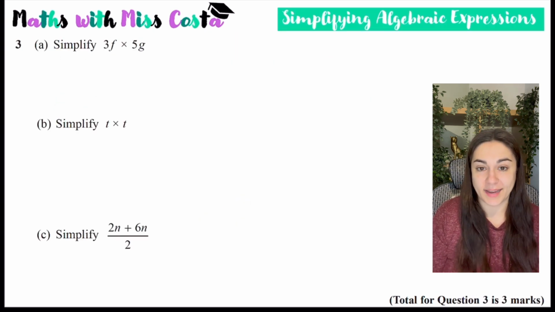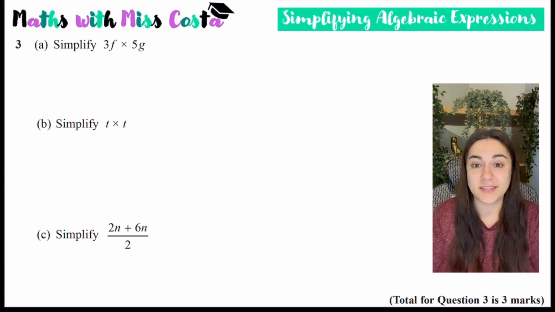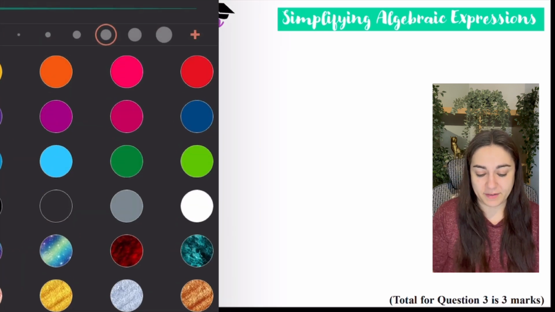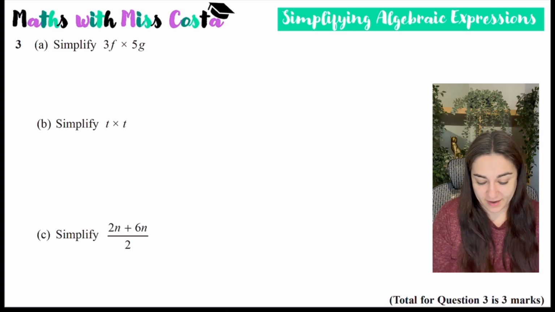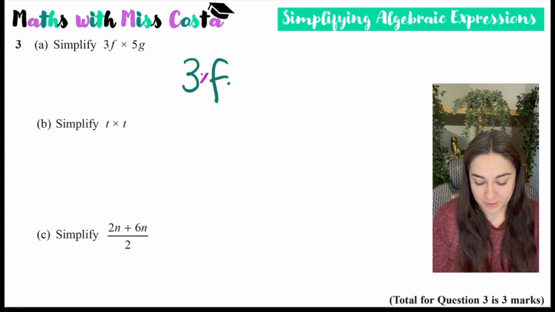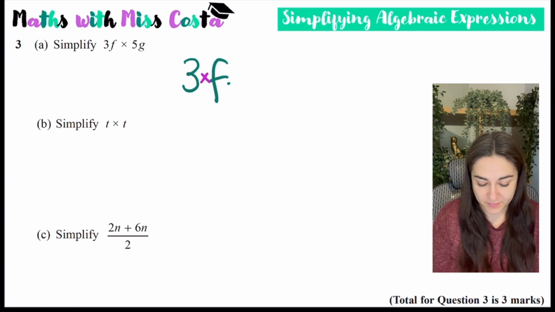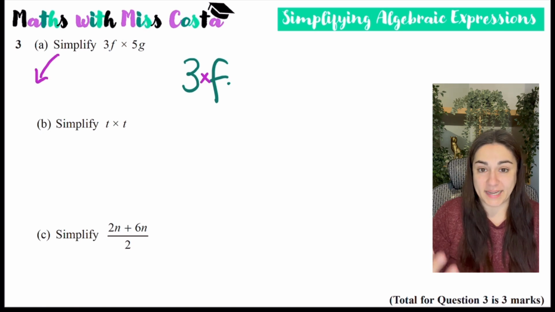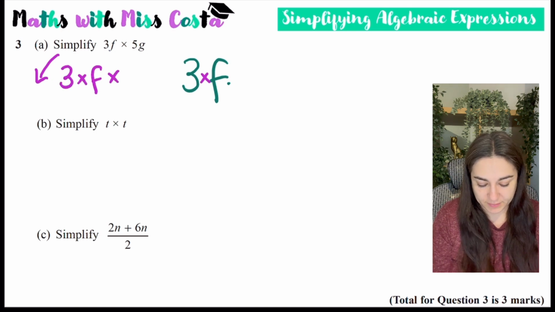Next, we've got simplifying algebraic expressions. So it's really good to just actually write it back to its base algebra so that we can understand what's going on. So whenever you've got a number and a letter next to each other, say 3F, there's this invisible algebraic multiplication glue. So you can imagine it just says 3 times F. Whenever a number and a letter are next to each other, it means they're being multiplied. So if I wrote this out as its base, most original form, it would be 3 times by F times by 5